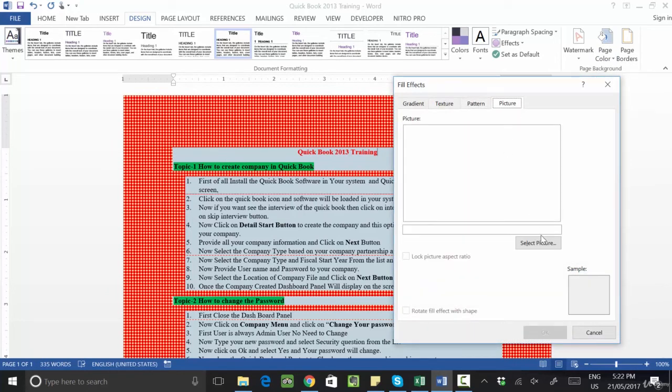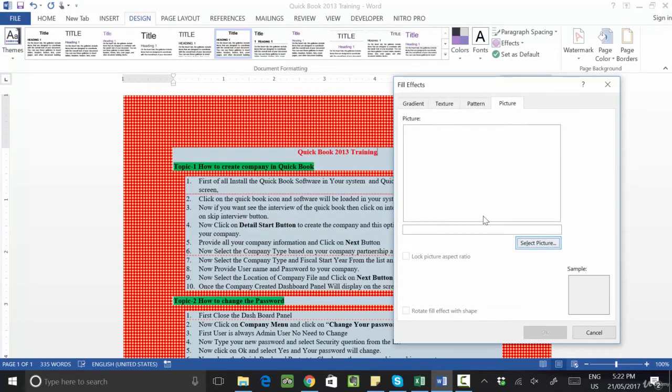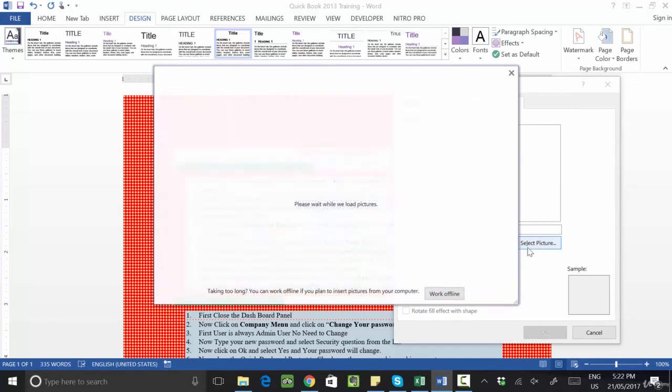Picture, if you want to add any picture in the backside, you will select picture. Okay, let's select the picture. Now it said, please wait, we are loading the picture right now. So if any picture is available in the backend, you can add. It is your choice.